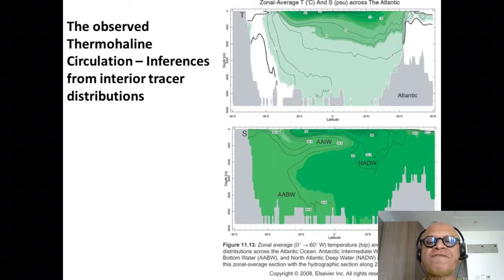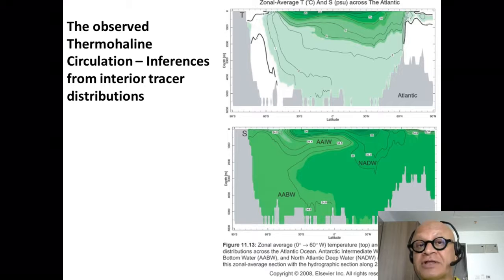Now we have to combine our old statements about very slow circulation in the deep ocean and the thermohaline circulation being mostly deep ocean circulation. Other than directly being able to observe the western boundary currents of the deep water transport, how else can we observe the deep water circulation, thermohaline circulation?